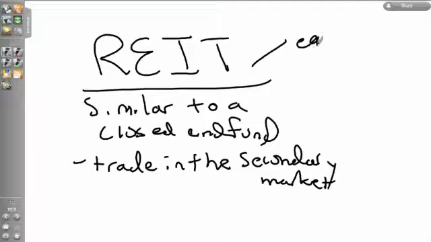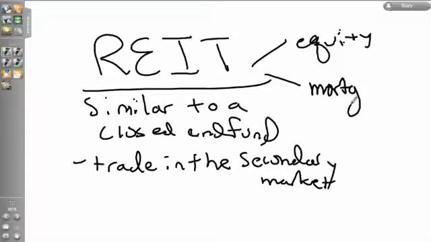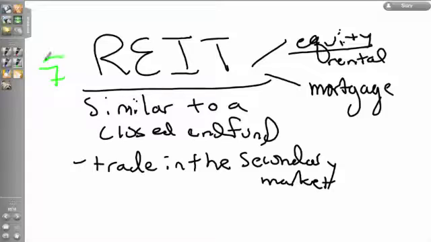We have what are called equity REITs, which actually own buildings, commercial or residential, it doesn't matter. And then we have mortgage REITs. Mortgage REITs actually own mortgages. Which one depends upon rental income to be profitable? That would be the equity REIT. If the REIT actually owns a building, they need tenants in the building creating rental income to be profitable. In order to buy or sell a REIT for your client, you would have to have a Series 7